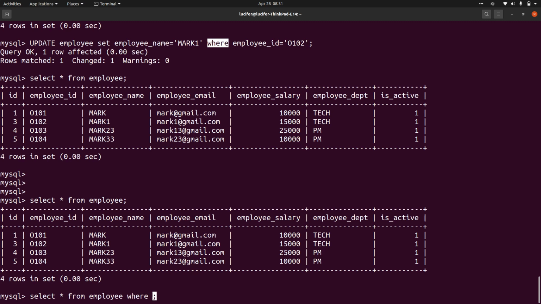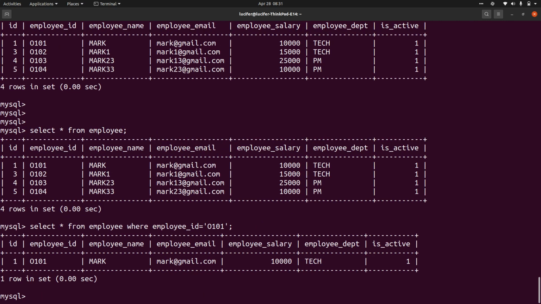So you can also use the where statement here, like employee ID equal to O101. Now you can see only one record is showing up. The data is present in the database, but you are only reading this particular employee ID data, which is O101.